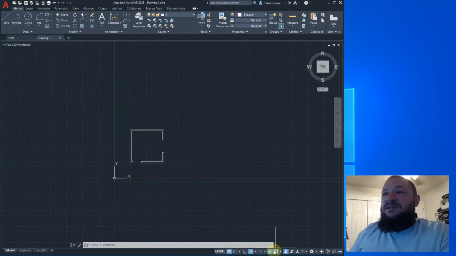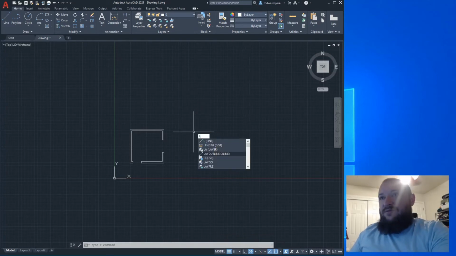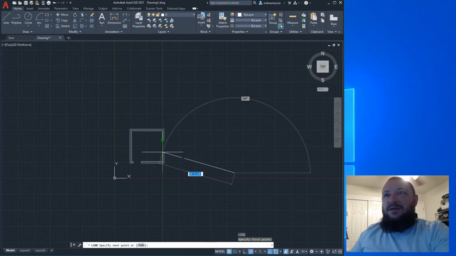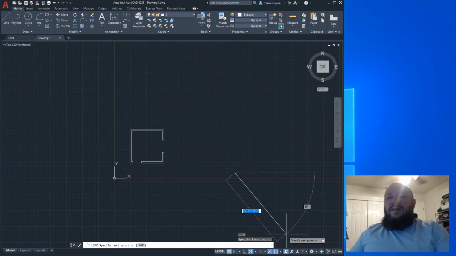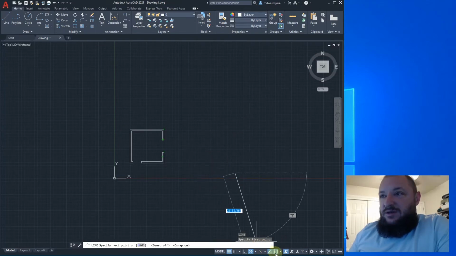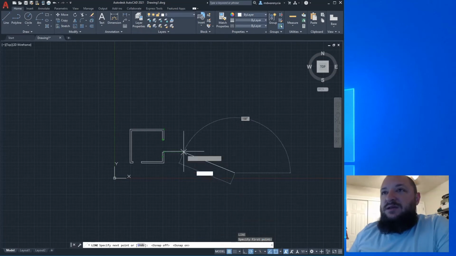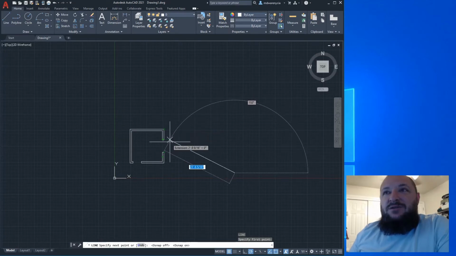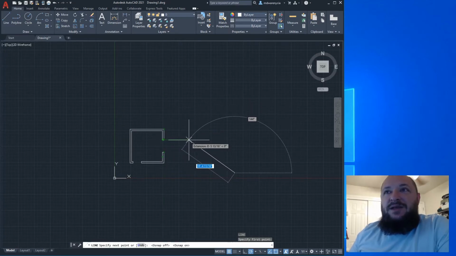So object snap tracking. This is kind of the big thing right here, the auto snap. If I'm out here drawing and I get to right here, it's actually going to let me snap to a whole bunch of things. Along with that, we have the object snap settings right here, which I can turn on. See those little green squares right there? I can actually do a reference point,